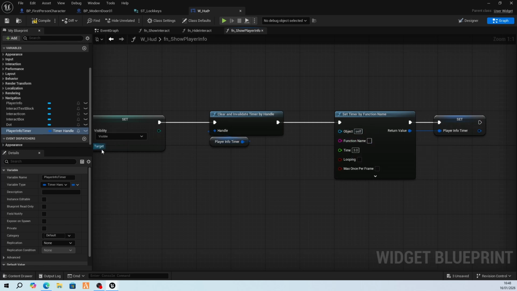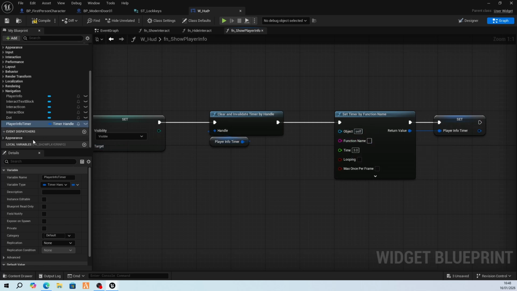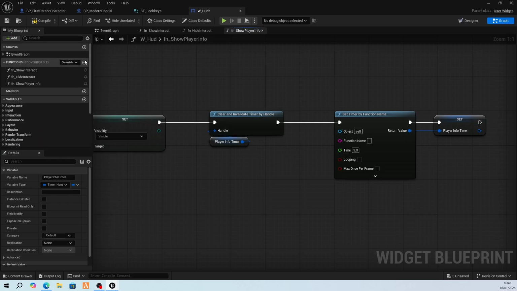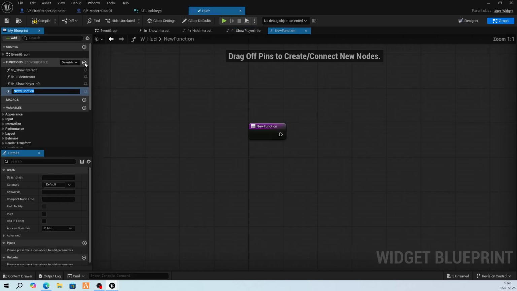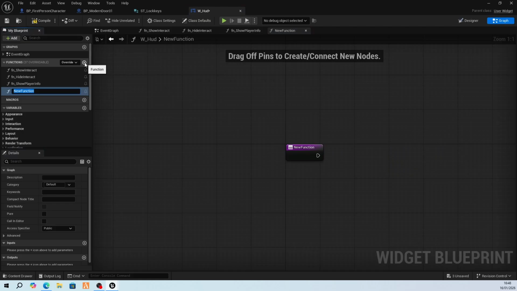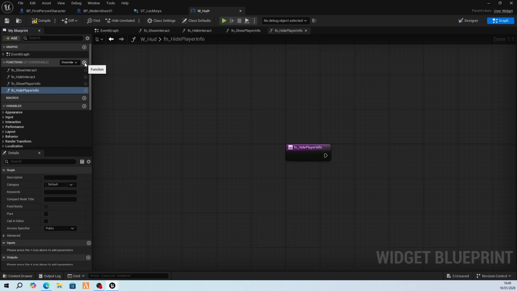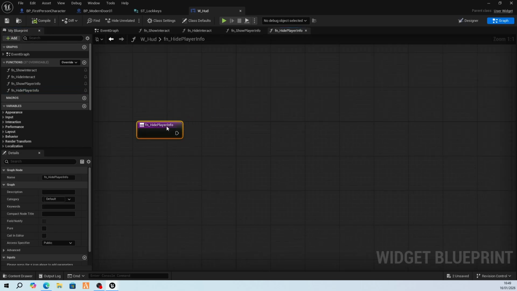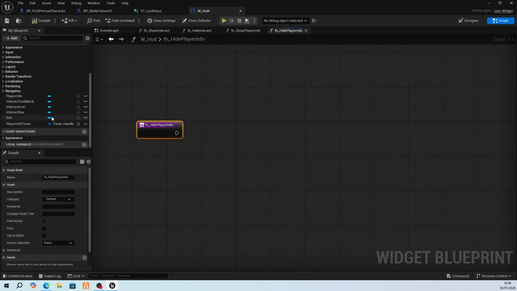We need a function name, so let's create a function. So, functions near the top, we're going to put plus, and we're going to say, right, fn hide player info. It's not player info, it's player information. It's an information shot kind of thing. So hide player information, what does that do? Well, it basically, we're going to